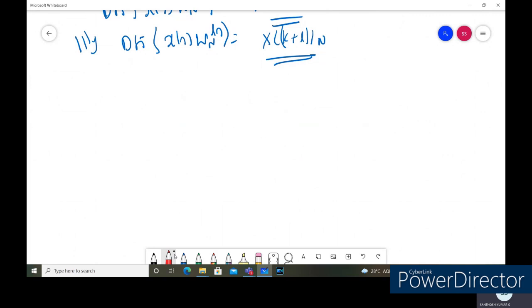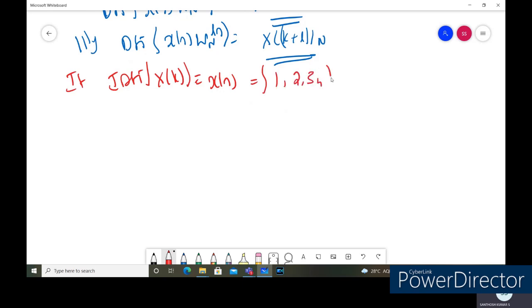The problem is very simple. Suppose we know the sequence X of k, and we know the IDFT of the sequence X of k. If we want to find the shifted version, let us do that here. So let us consider the problem. If the IDFT of X of k is equal to x of n, which is equal to 1, 2, 3, 4, we'll consider this, and find